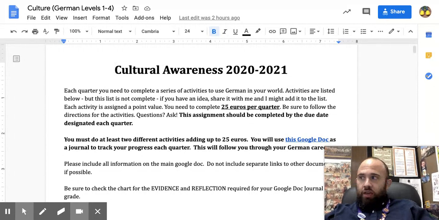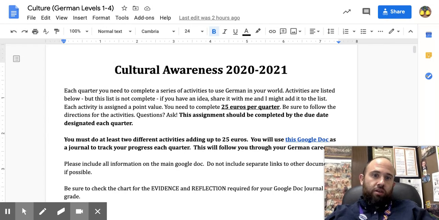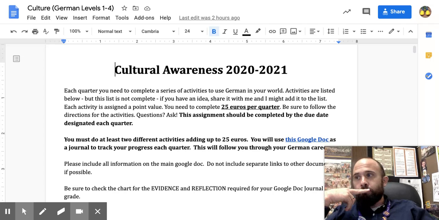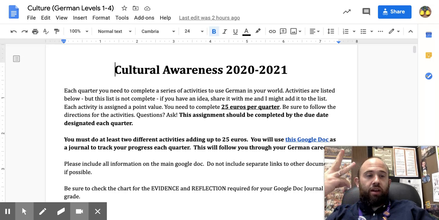Basically, you need to pick enough things on this list to add up to 25 euros. We use euros because the points on this assignment are going to be slightly different. You're going to be graded on, if you get 25 euros, you get full credit there, but that's only part of the rubric. You still need to fill out a reflection, provide evidence, and